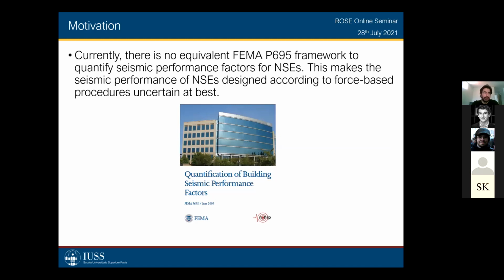Usually the most developed codes, let's talk about, for example, ASCE 7-16, have seismic performance factors for non-structural elements. However, for many of these factors, their origin is very dubious. They were not developed with a strong theoretical background. Many of them are basically based on engineering judgment, and other ones are empirical in nature, but use data sets that are very small. So this is a main issue right now with the force-based design of non-structural